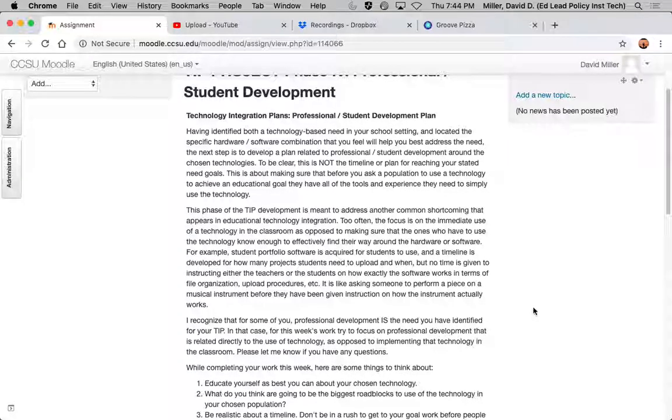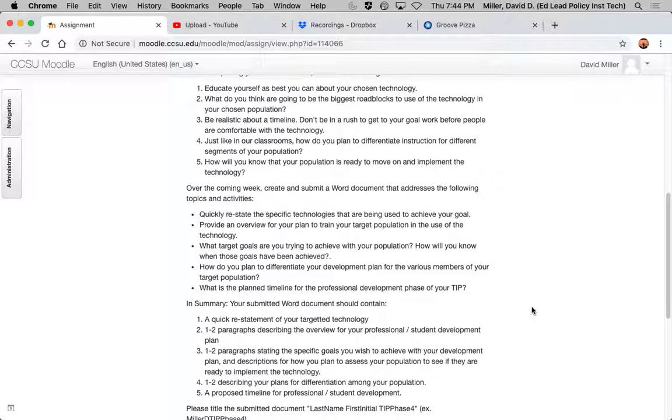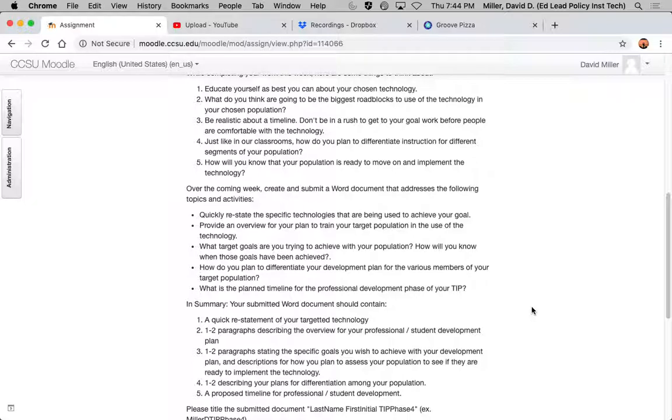So, things to think about: educate yourself as best as you can about your technology. I know we are slightly existing in kind of a make-believe world with this project, because you are probably not actually going out and purchasing whatever this thing is and using it. But as best as you can, if you can demo whatever it is, a lot of times if it's software, they will give you a chance to demo the use of it if you contact a company. What do you think your biggest roadblocks are going to be? As you went and looked at the technology, what did you struggle with, or what kind of threw up flags for you, like passwords are too long or too complicated, that sort of thing.